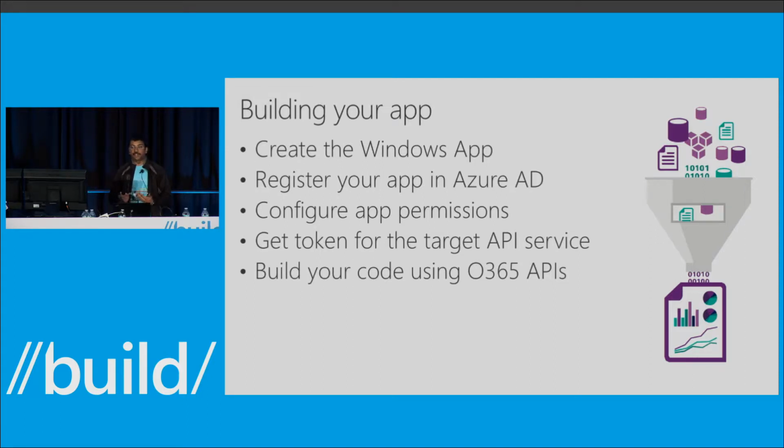Then I can configure the permissions I need to talk to these different resources in Office, which is mail, calendar, contacts. And once I have done that, I need to write code to authenticate with Azure AD and then authorize my application to talk to the Contacts API or Calendar API, and then I can get the access